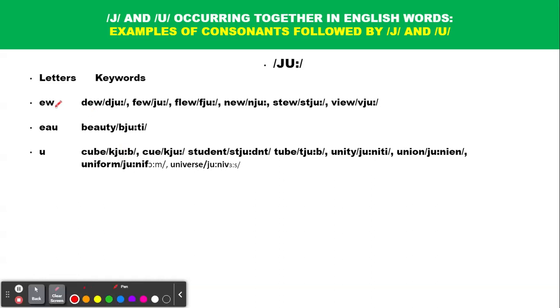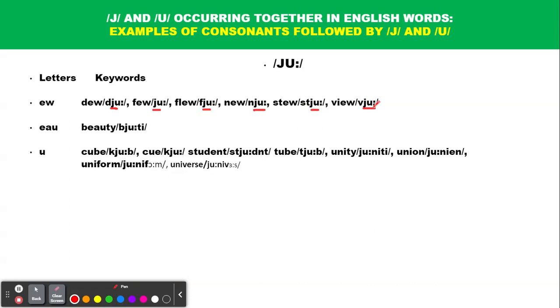Let's begin with the letters EW as we have in dew. You can repeat after me. Few, flew, new, stew,